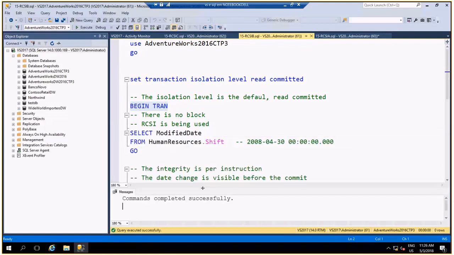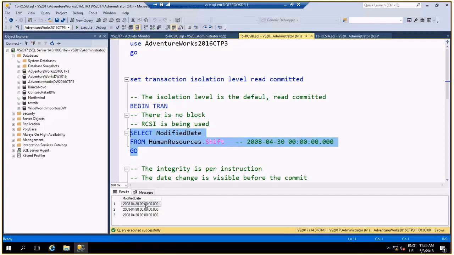My transaction with the update is still executing, but now I will execute a select, and I get the old date. That's the point. Using read committed, this transaction should be blocked. But this transaction is not using read committed anymore.